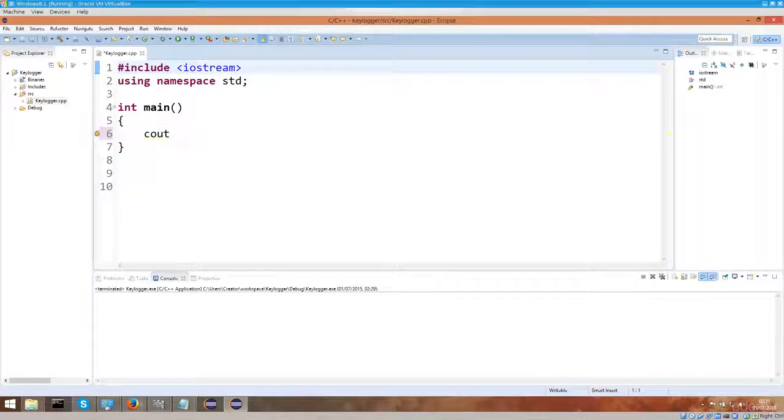Also, // is a comment line. So it just means that that particular line will not be taken into consideration by the system. That's just something that we use as reference for ourselves and for other people who read through the code. You can also use multi-line comments like this. Just write in /* and then at the end write in */